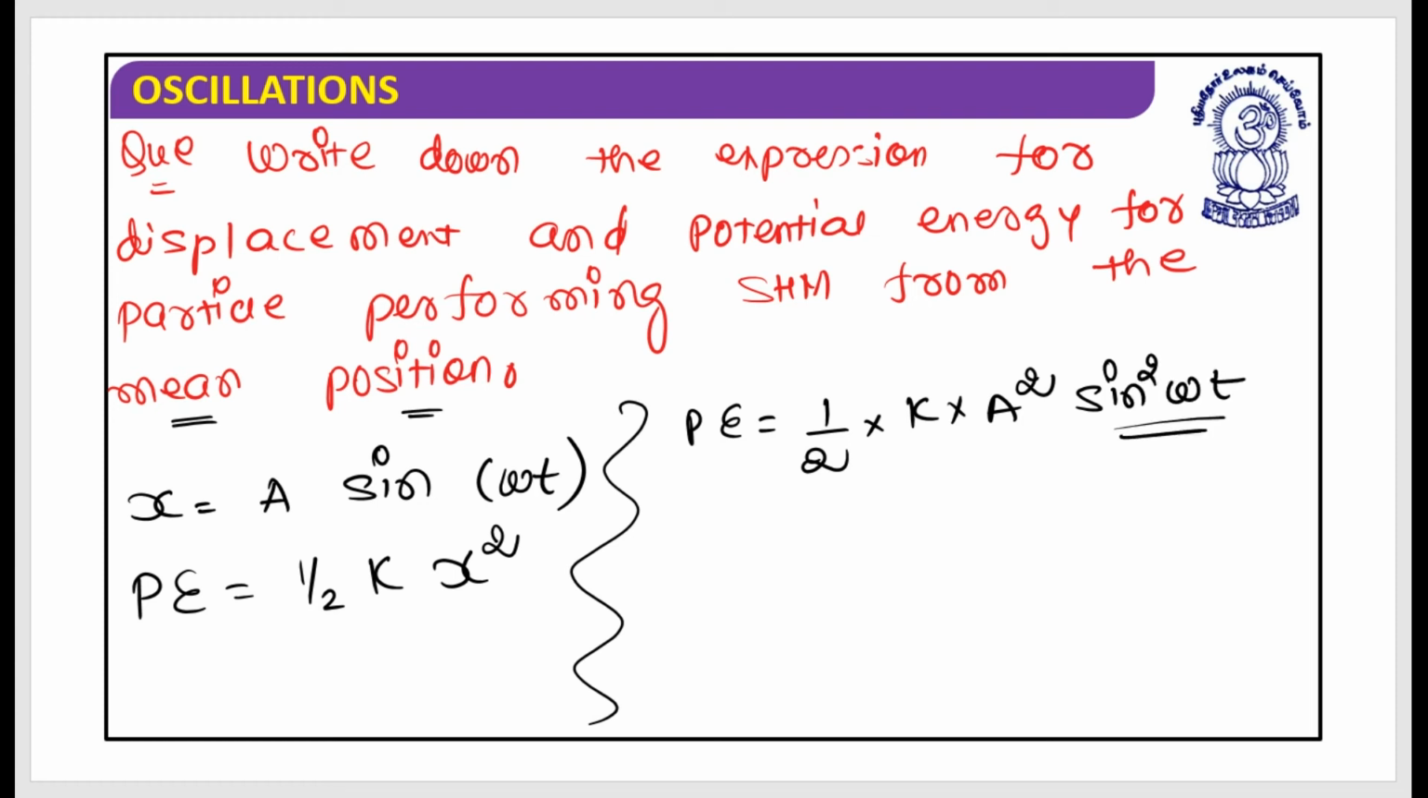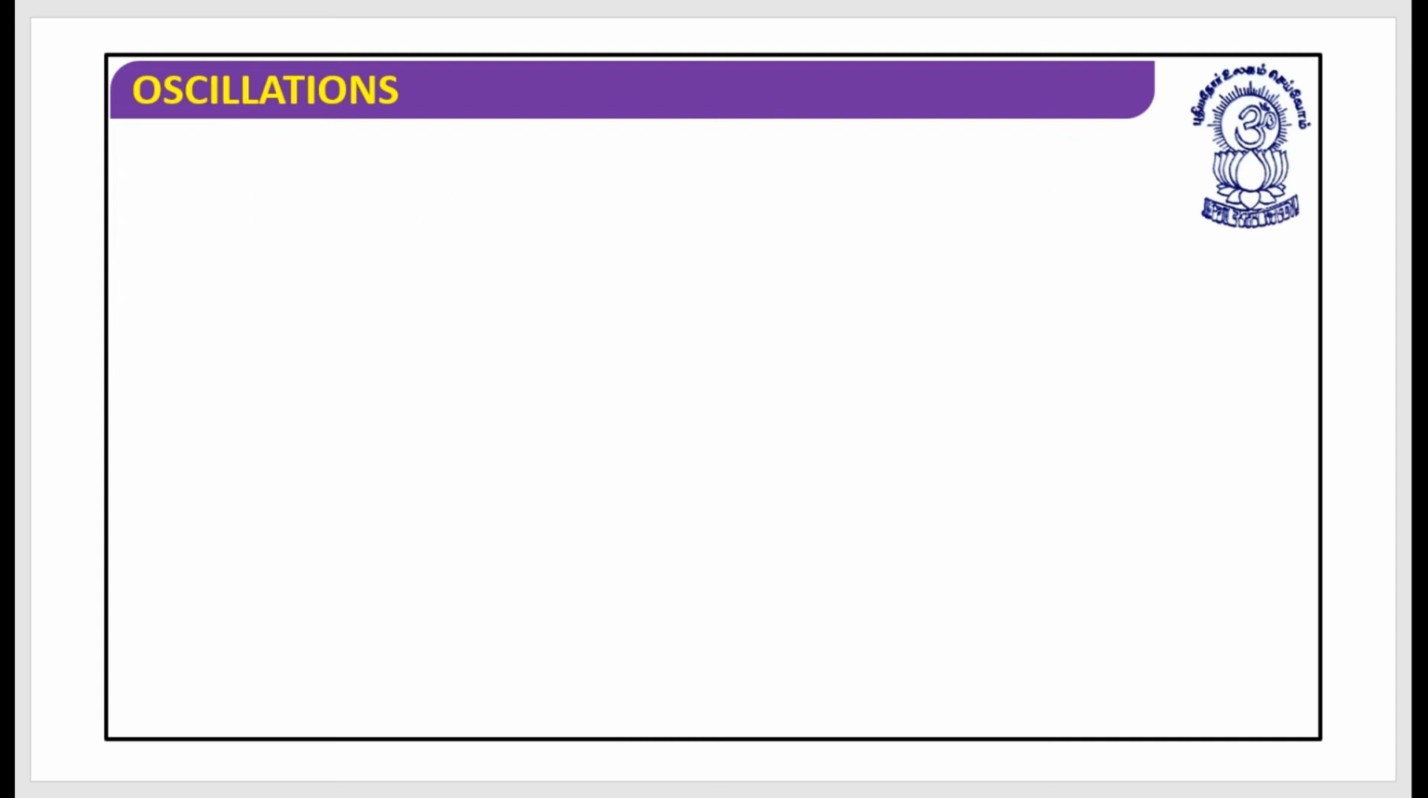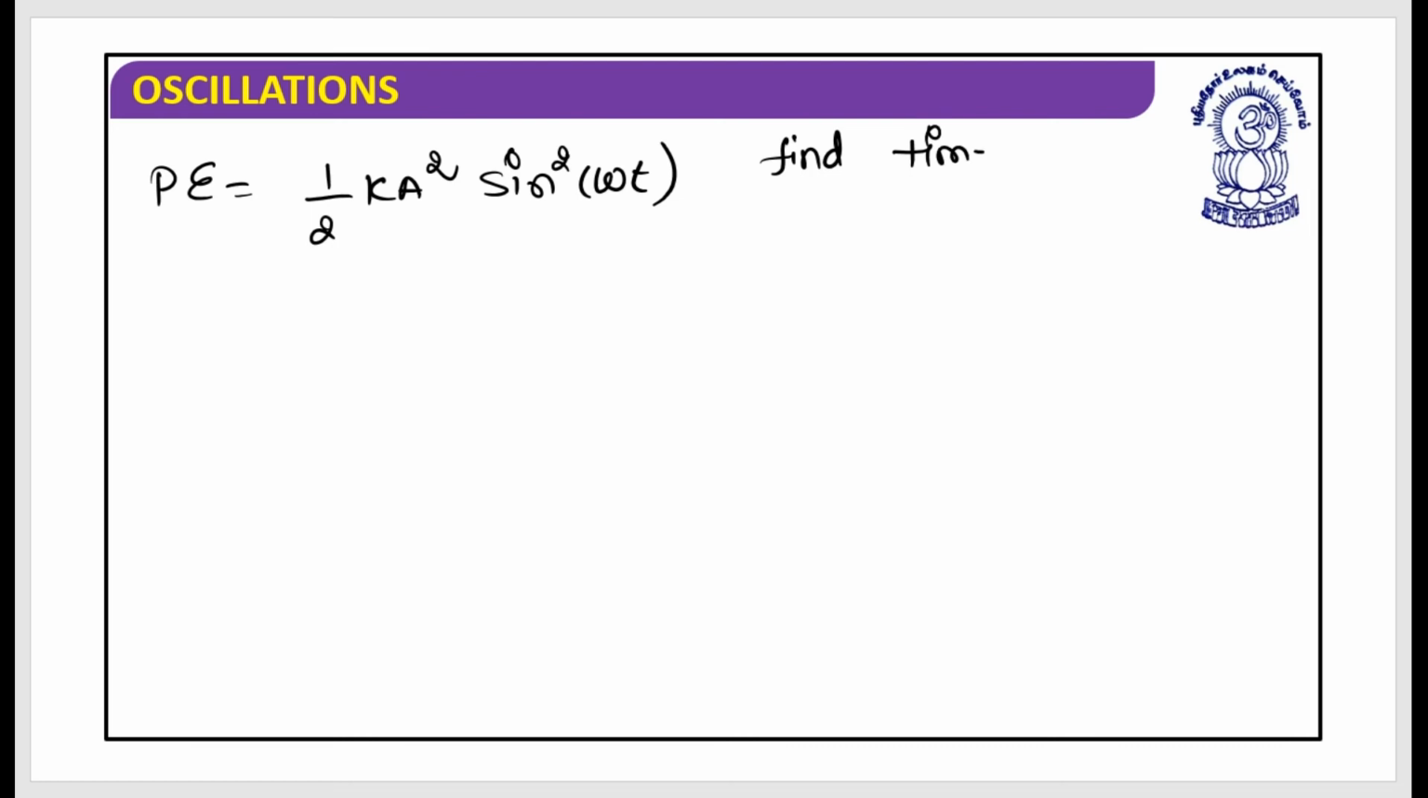I hope this is clear. So this is the potential energy relation for the particle performing SHM: half k a squared into sin squared omega t. If I have been asked to find the time period of the given function,